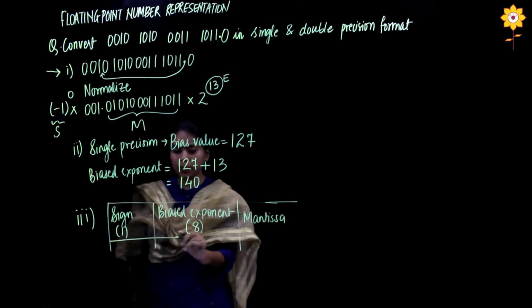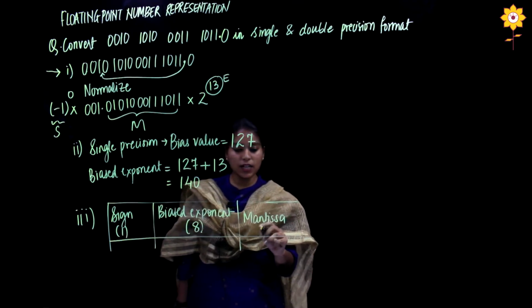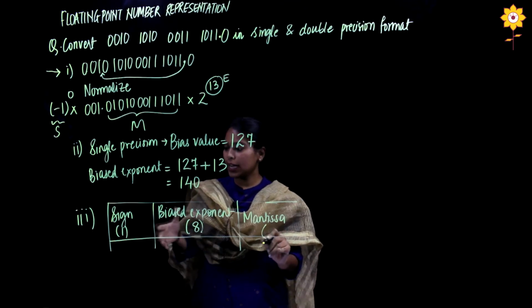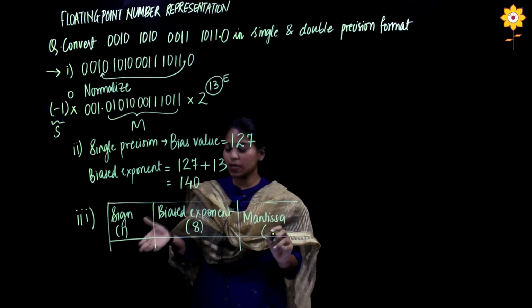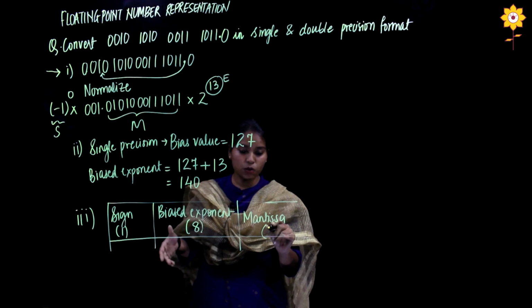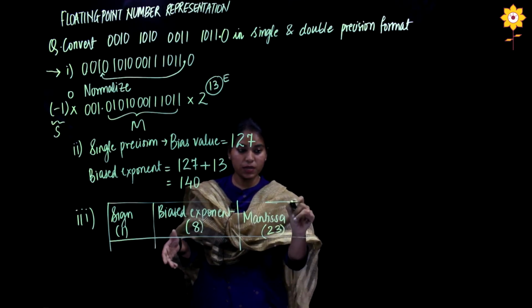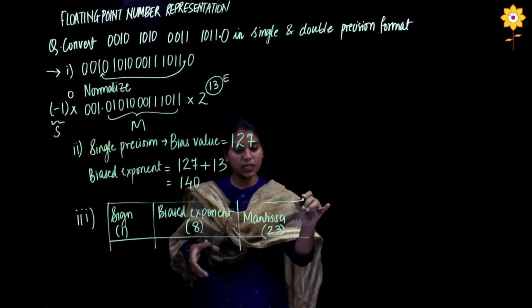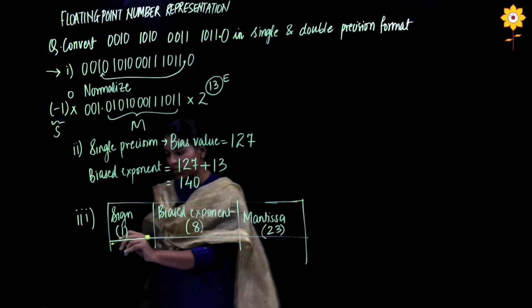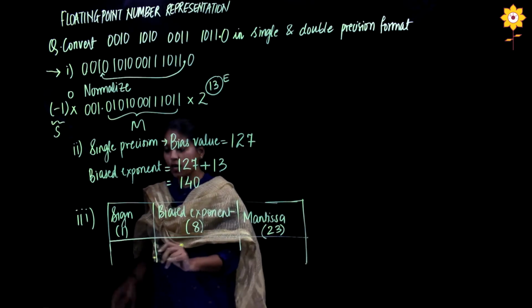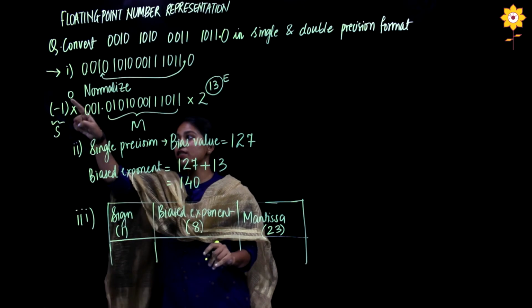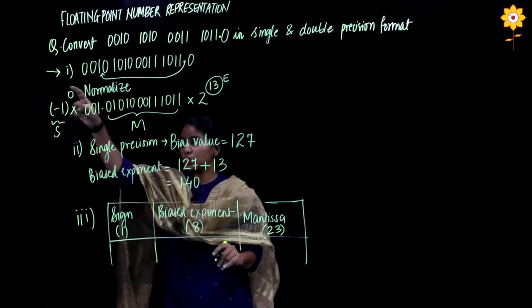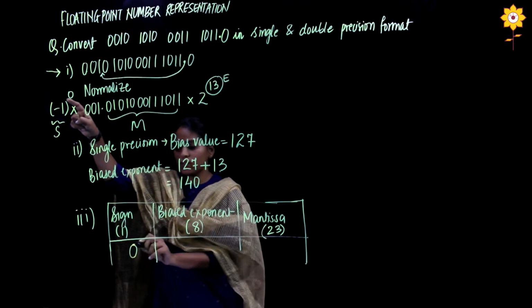So mantissa is a total of 8 plus 1 is 9, and 32 minus 9 is, I guess, 23. So this is going to be 23 bits. So if you add all these bits, it should come up to 32. That is how it is designed, right? So sign over here is what you can see, it is raised to 0. So this is 0, hence here we will have a 0.